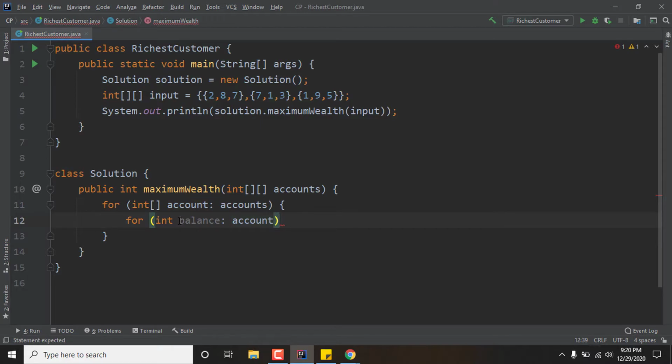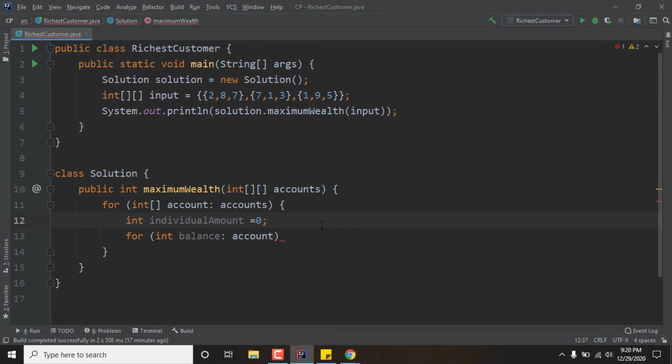To keep track of the individual amount and the maximum amount, we have to define two variables here. To sum the individual amount, I am declaring a variable inside the first loop like this: int individual amount equal to 0.